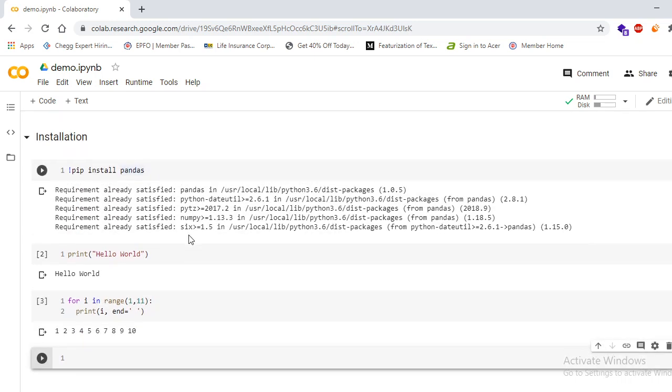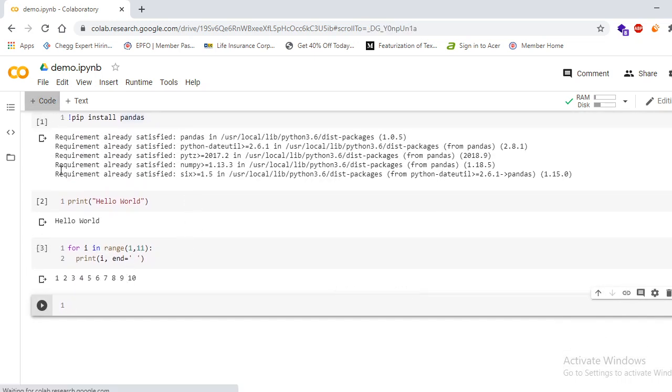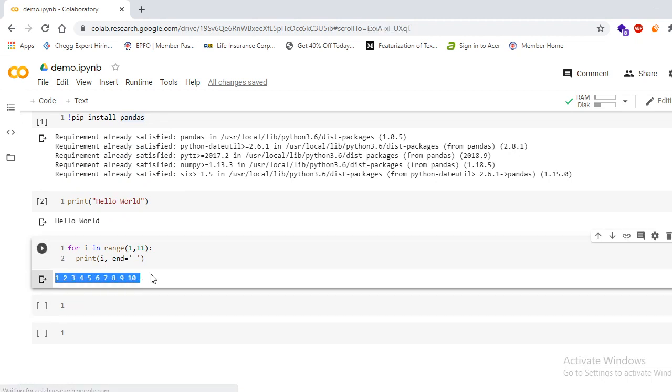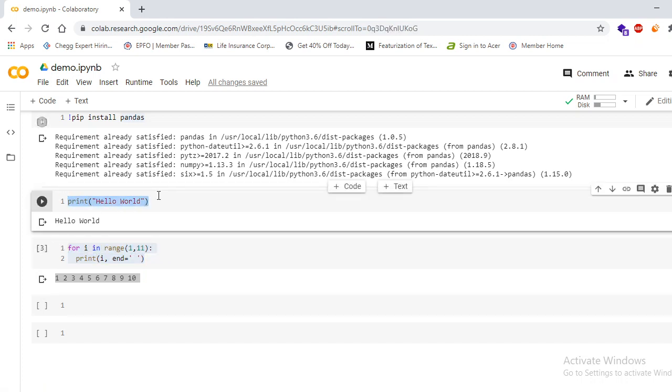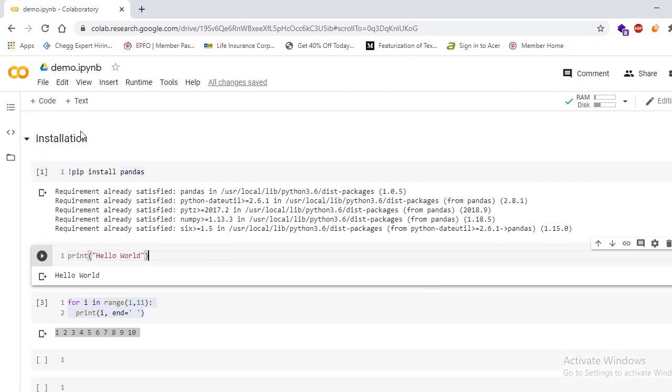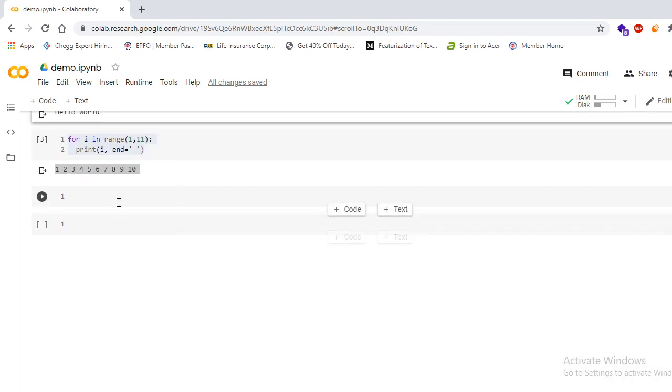So this is how you just have to click on the code button, and you can write your complete program in one block, and after that you just press enter. After writing the complete program, it will be executed and you will be able to see the output here. This is the output for this program. So consider this as one program. You can write one complete program in one code block, and you can write text if you want to give any heading. You can write in the text box.